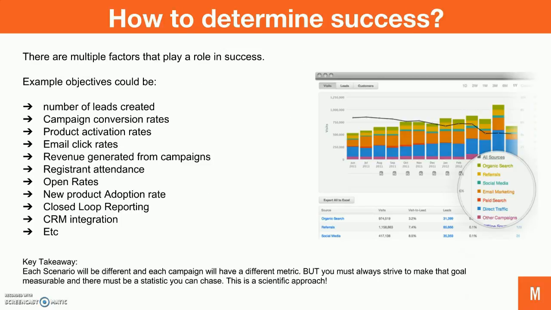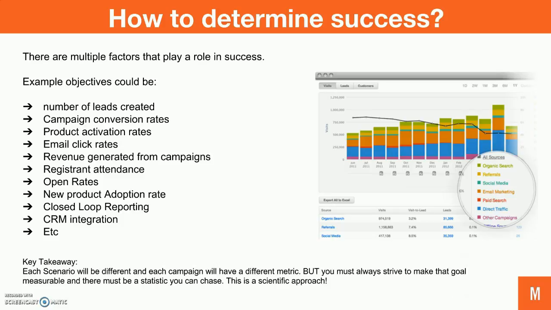So as I mentioned previously as well, the measurement element of marketing automation is fundamental to its success, actually. So marketing automation is able to actually indicate performance and show how it's doing at every step of the way. So there are a few elements that you need to consider that can be measured, and these are really just a few. There are plenty of other